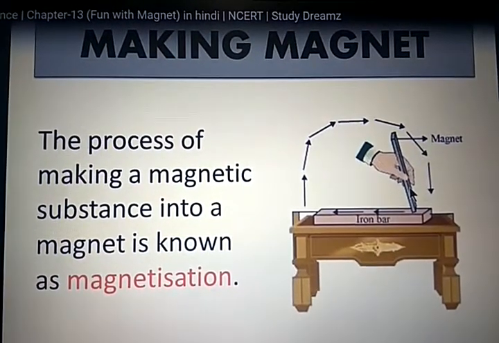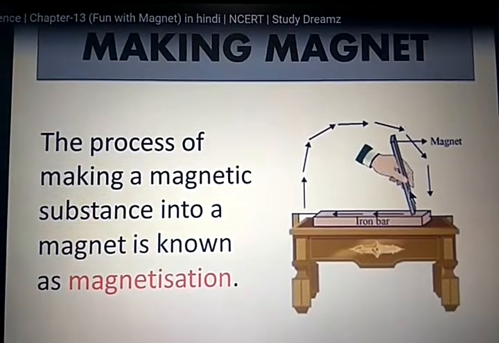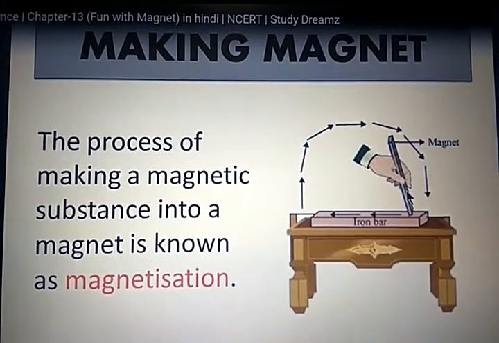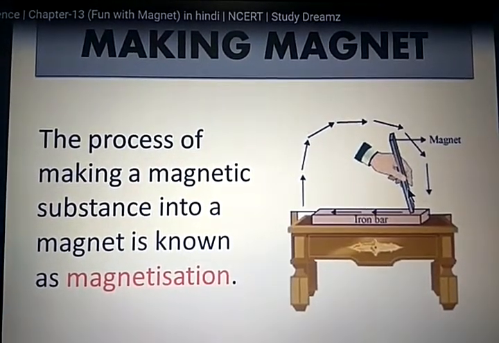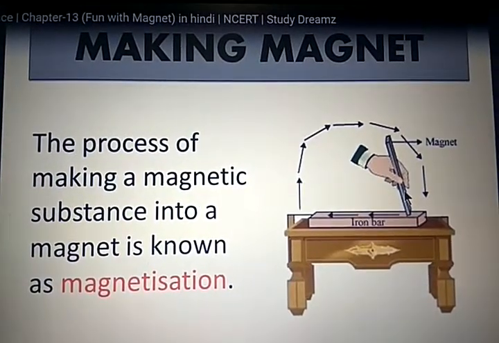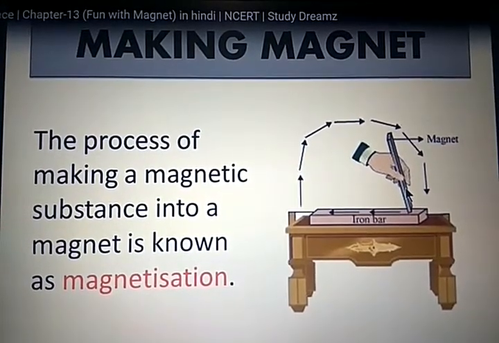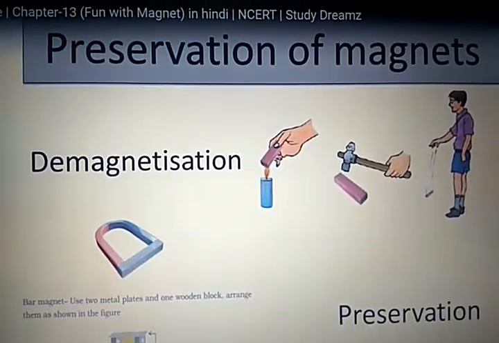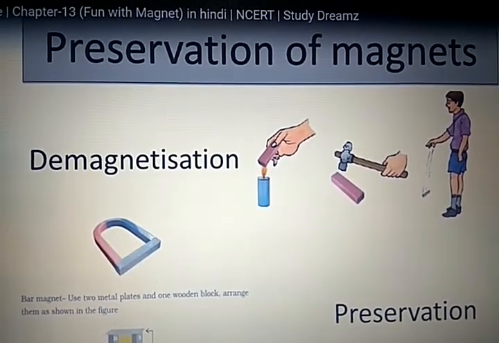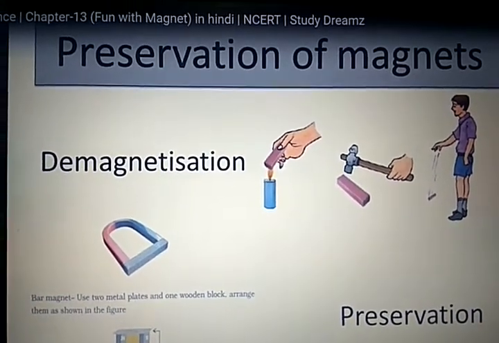Okay, so you can prepare the magnet by using an original magnet, right? Rub continuously for 5 minutes. After that, you will get the properties of magnetism by attaching that iron pin on both sides, north pole and south pole.